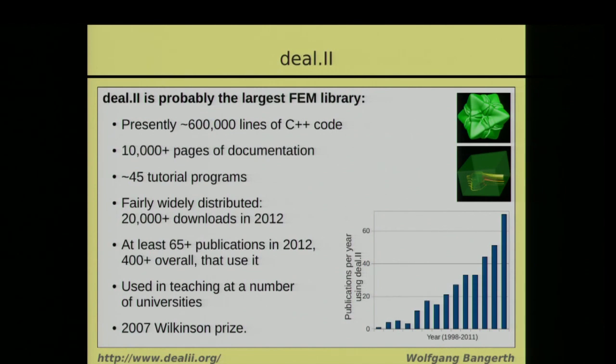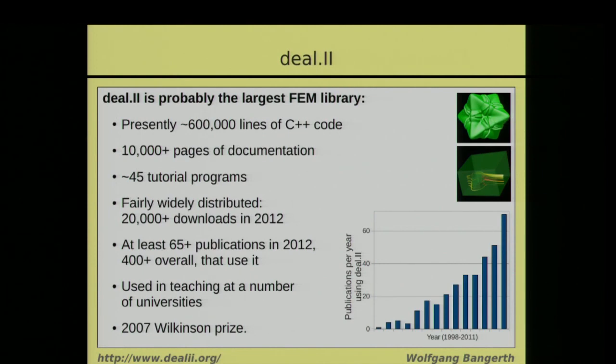It has on the order of 20,000 downloads per year. And we know of a good number of publications that build on it. So last year, for example, we know of at least 65 publications that cite the main paper that describes deal.II. But there are probably many more. So on the deal.II homepage, there is a link to a page that lists all of these publications. So in particular, if you want to solve a particular problem, it would be very much worthwhile to go to this page and take a look at what other people have done and see if there's something similar that you